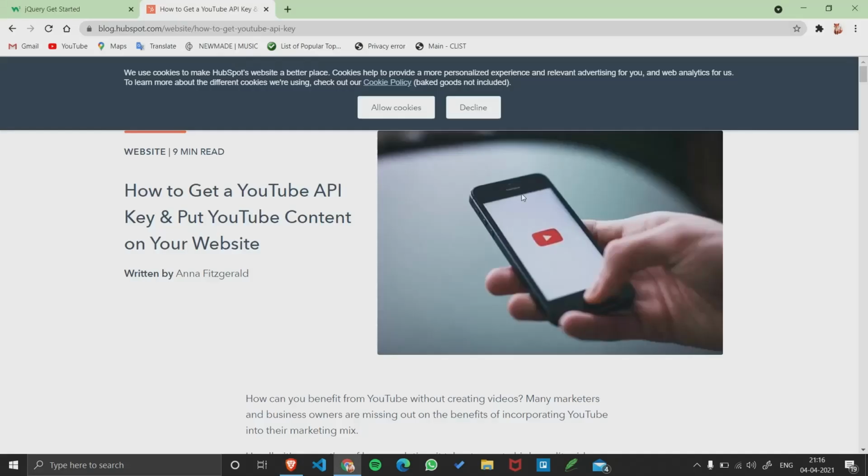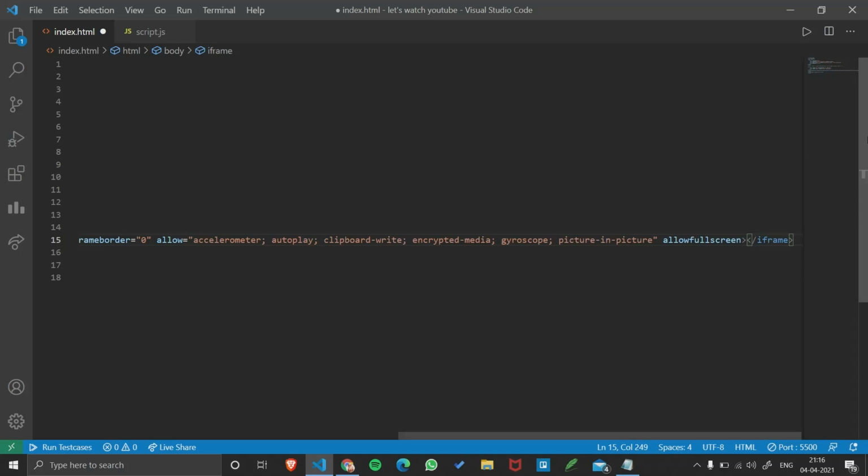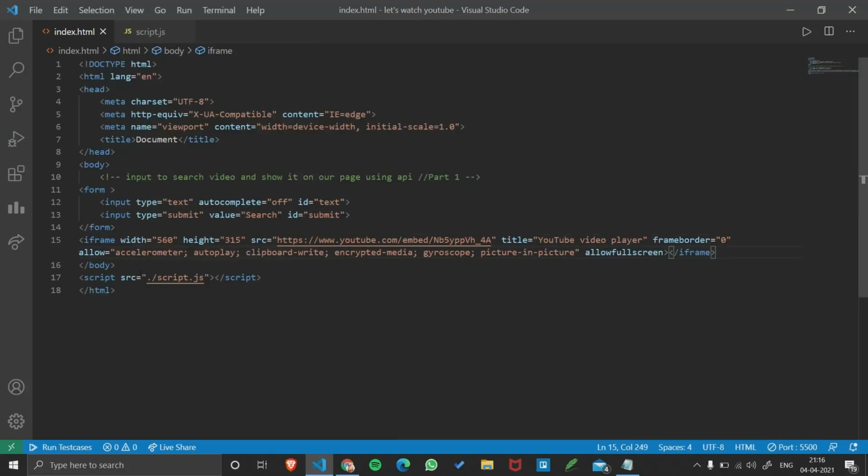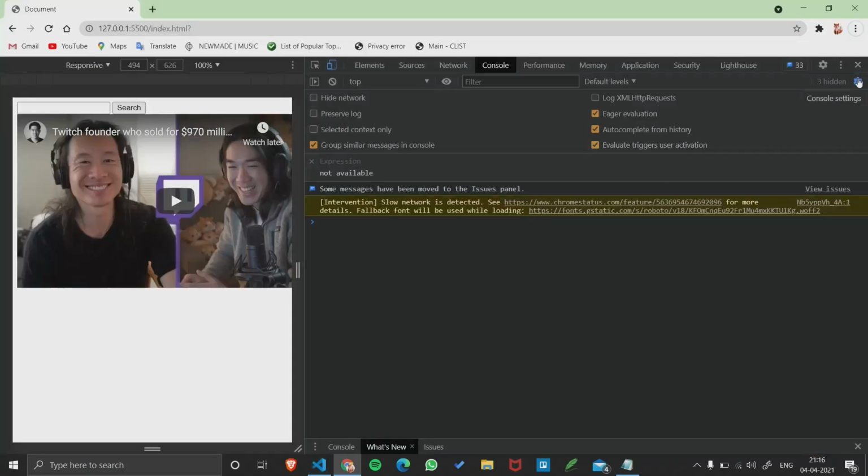Now just copy this and paste it in your code. Let's see what it is. We have width, height, the source of the video, title, frame border, and more, like picture in picture, clipboard write, autoplay, and full screen. So you can do full screen and all.